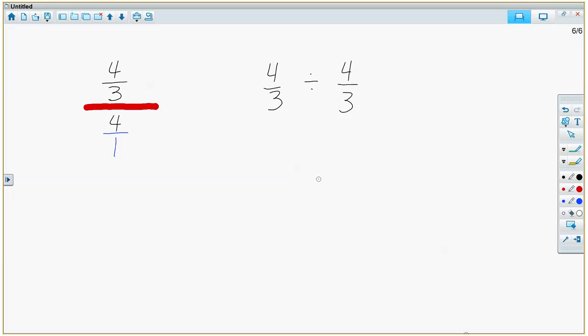Well, we don't divide by fractions. We multiply by the what? 4/3 multiplied by the reciprocal. And what happens to the 3's? And what's the answer? 4 over 4, which is,